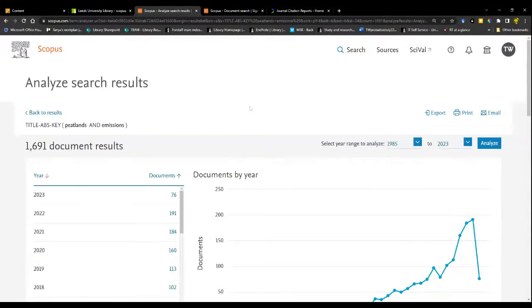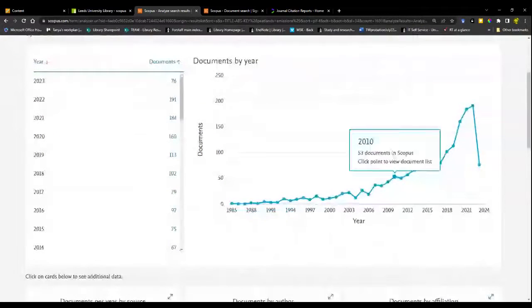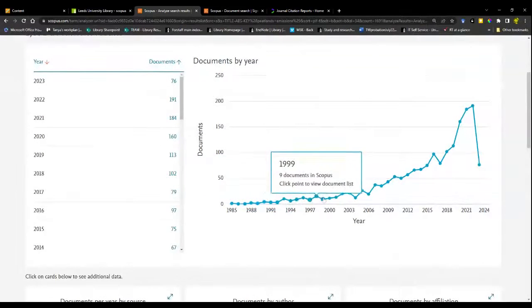And what this enables me to do is see some visualizations based on my keyword search of peatlands and emissions. I've got a date range here of 1985 to 2023. I can tweak that here if I wish. But if we scroll down, we can see we have some visualizations based on the bibliometric data for that set